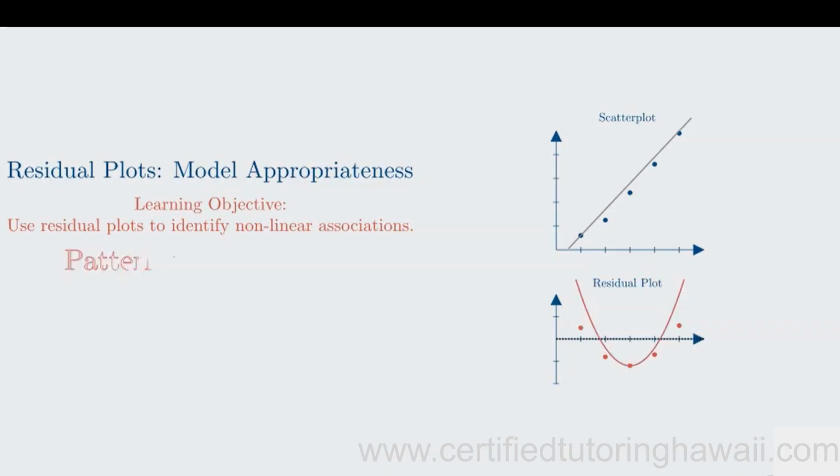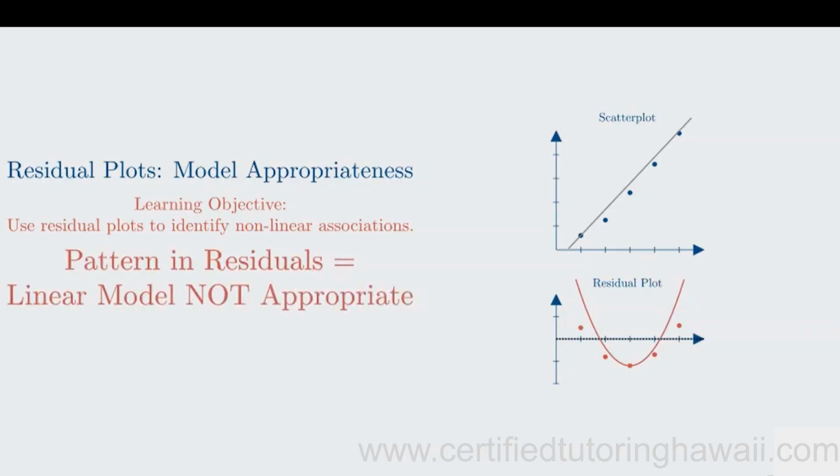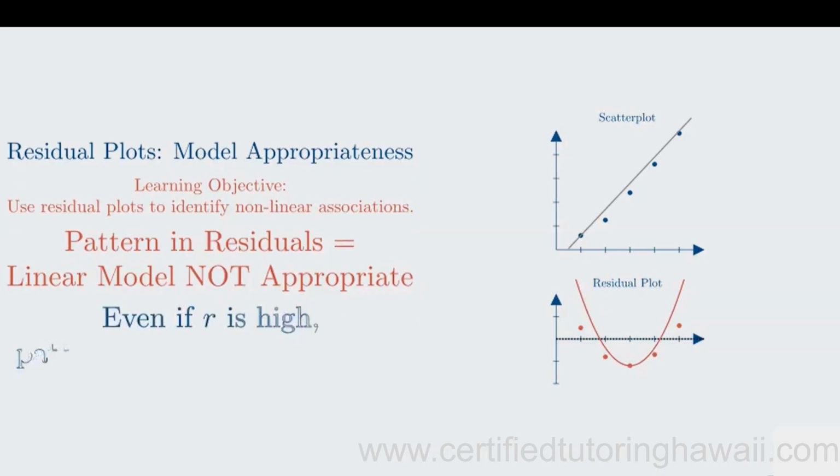When you see a pattern like this, a curve, a wave, or a fan shape, it tells us that the linear model is not appropriate. The leftovers still contain a predictable shape that the straight line failed to capture. In AP Statistics, this is the most common way to justify using a different kind of model. If the residual plot has a pattern, the linear model is a poor choice, even if the correlation coefficient, R,